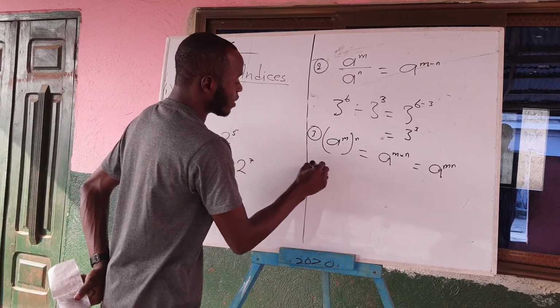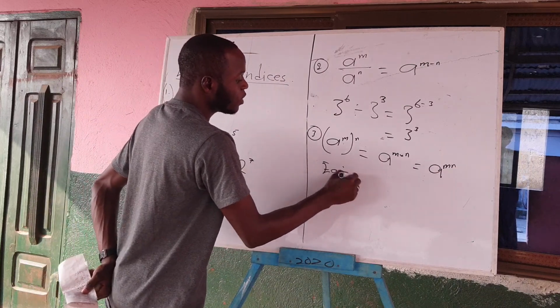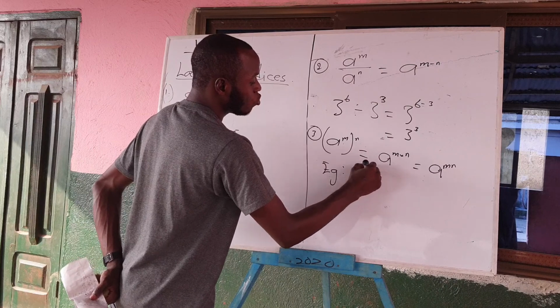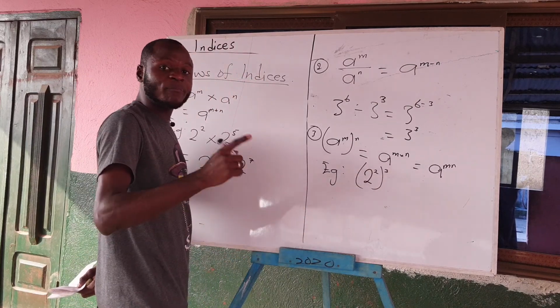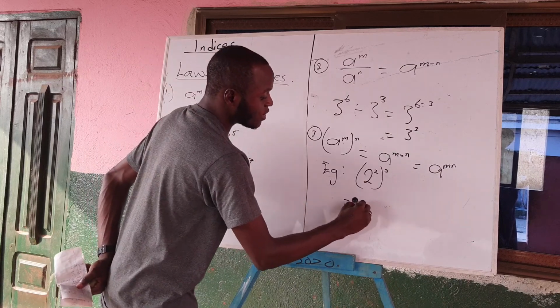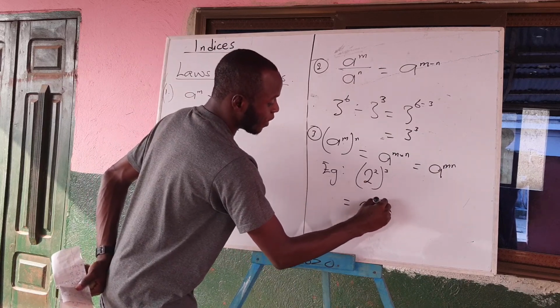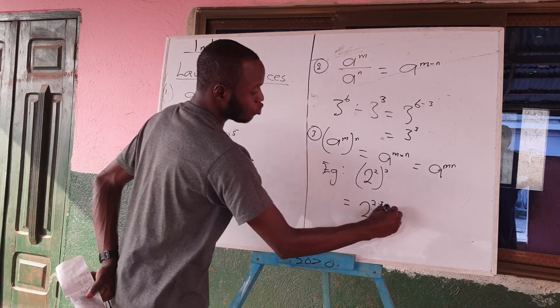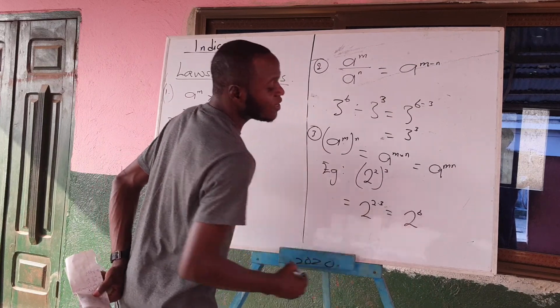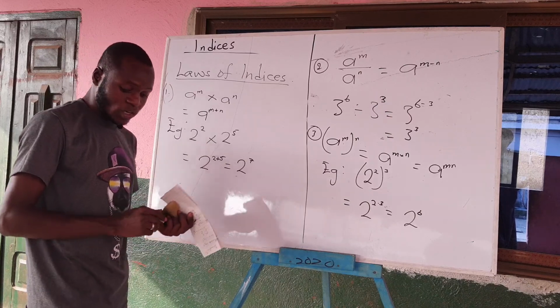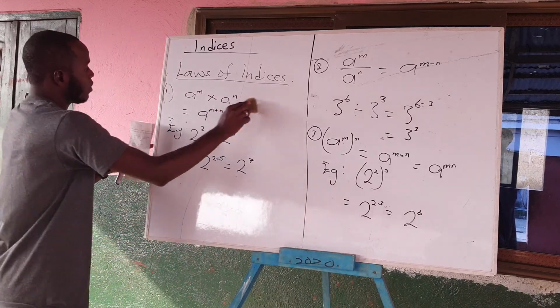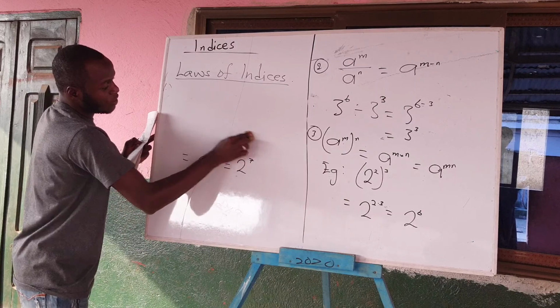A quick example: say we have 2 to the power 2 in a bracket, and outside the bracket we have power 3. The rule says that the 2 will multiply the 3 outside the bracket, and it will be equal to 2 to the power 6. All right, that is what the third rule says. Now the fourth rule also says that